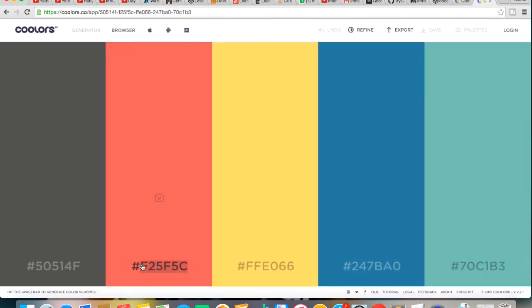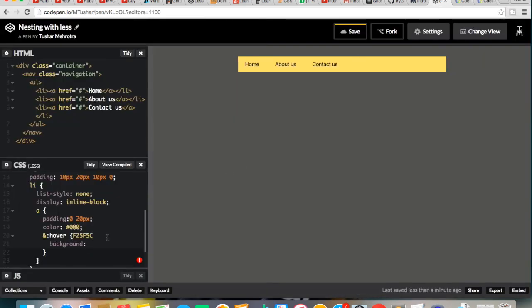By the way, this is a good website for choosing colors, Coolors.co. Just go to it. What I want is cursor pointer. Okay, now if we check, you can see that we are getting the hover effect also.